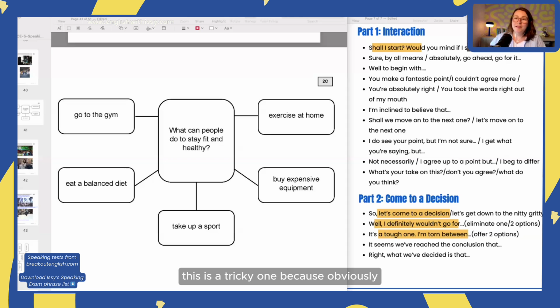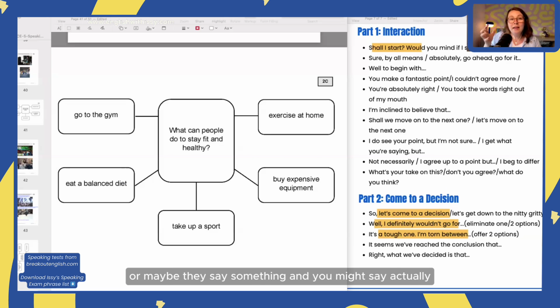This is a tricky one because obviously if someone's speaking for about a minute, you might think, okay, now someone's speaking too much and it's my turn to jump in. But because we're also having an interaction where there is a lot of back and forth, we can't constantly interrupt someone because it's not an example of a polite conversation. So if you feel like it is getting too long and you haven't had a chance to express yourself, then you can use a polite phrase and say, I'm really sorry, but do you mind if I jump in?